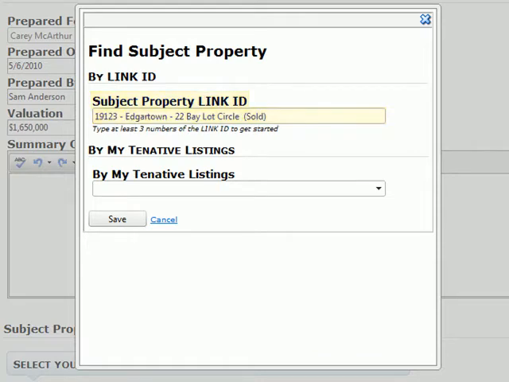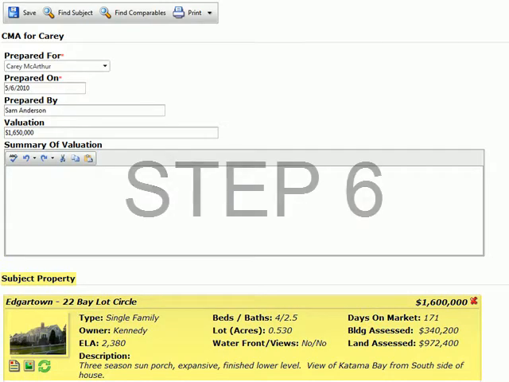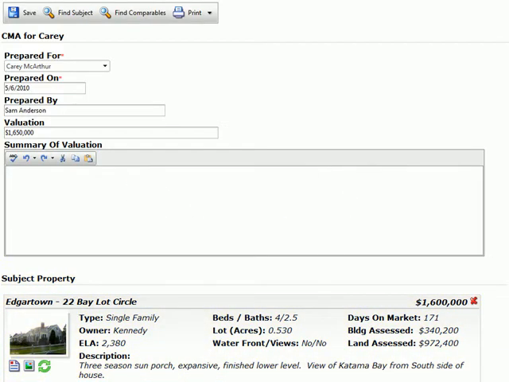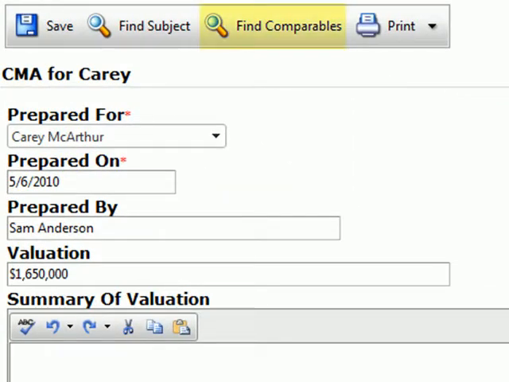After you've selected a subject property, click the Save button at the bottom of the dialog to save your selection. This will return you to the CMA page where you will see the property you selected under the Subject Property header. Step 6. Once you have selected a subject property, click the Find Comparables button on the toolbar to find